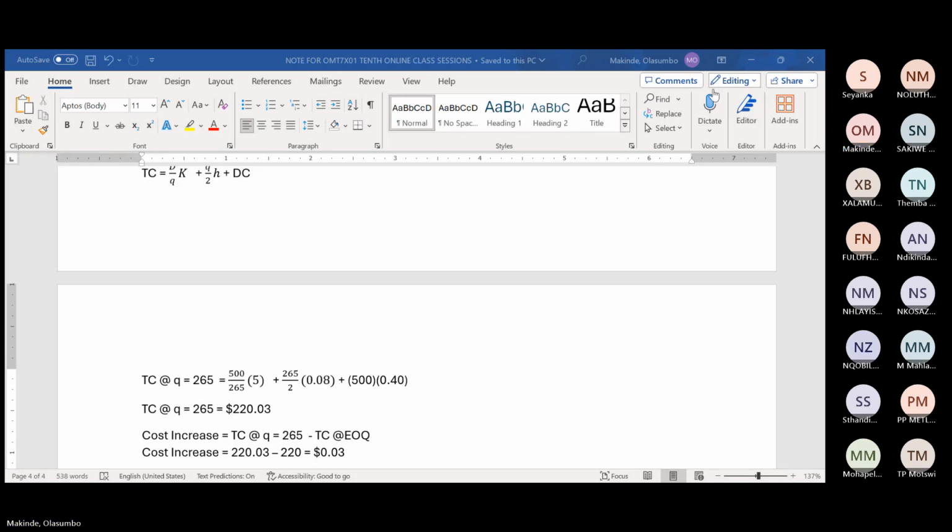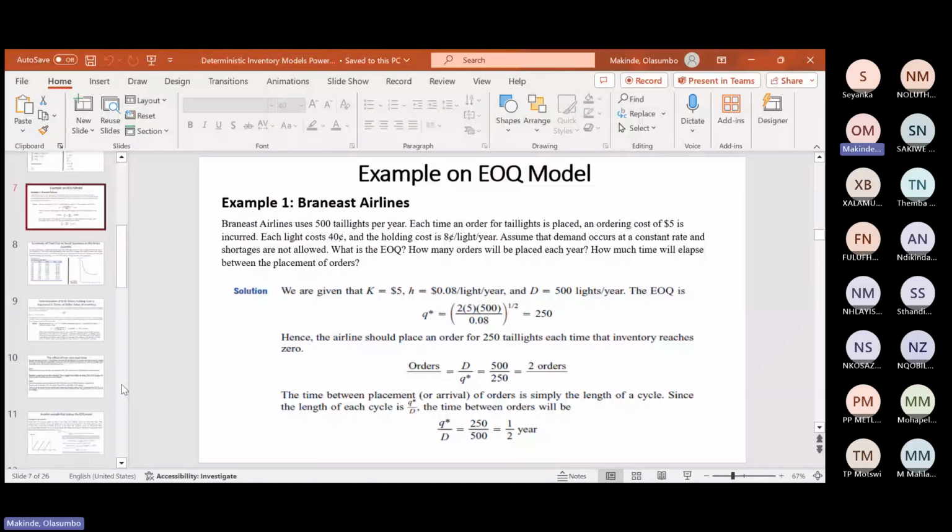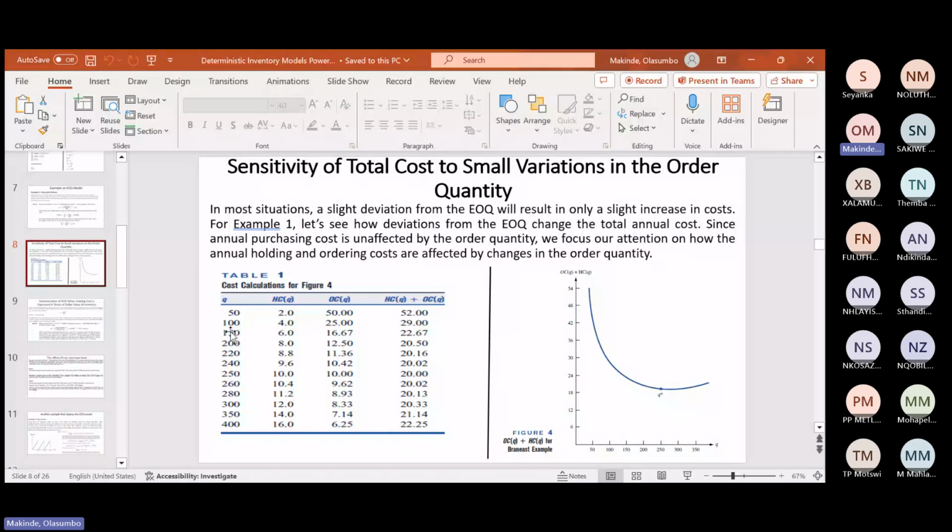So in light of that, just to show you what they have done in the slide, I think that talks to the comment that maybe Ndikinda was raising, to say, if you look at when they were doing their own sensitivity analysis, they didn't